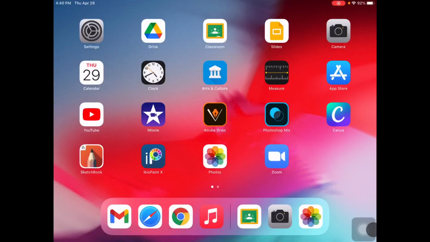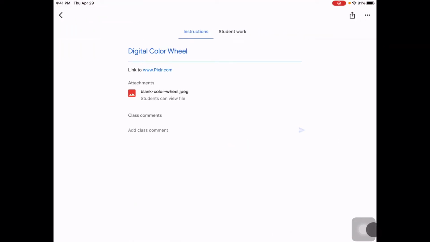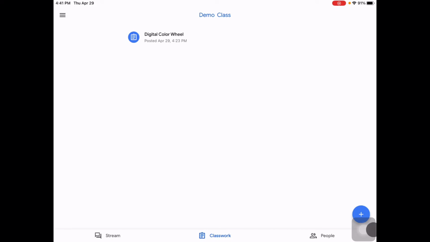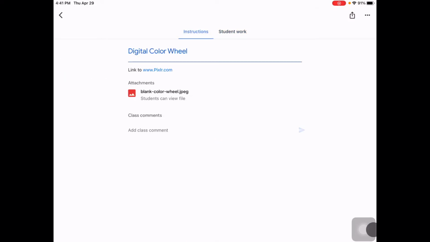Today we're going to be creating a digital color wheel using a web-based application called Pixlr. First thing you are going to do is open your design class Google Classroom. You should have an assignment in your classwork section titled Digital Color Wheel. This is my demo class, so this is the only assignment that we see in there right now. You'll see many more. Click on the instructions of that assignment, and embedded in the instructions you will find the